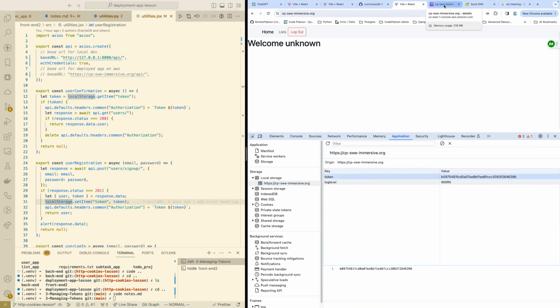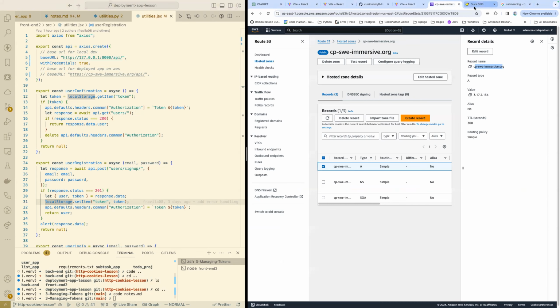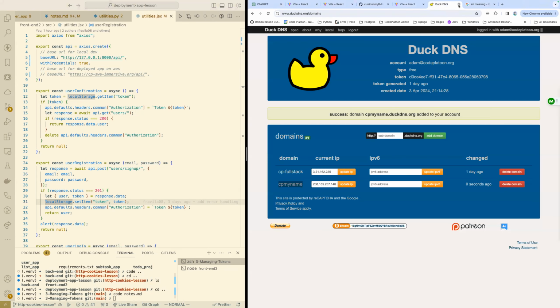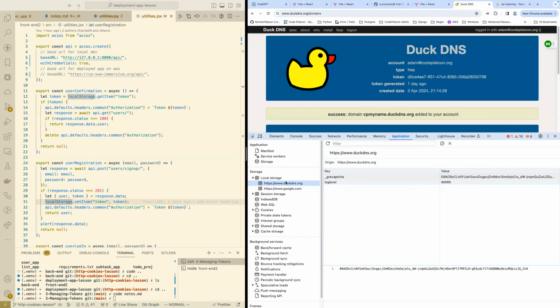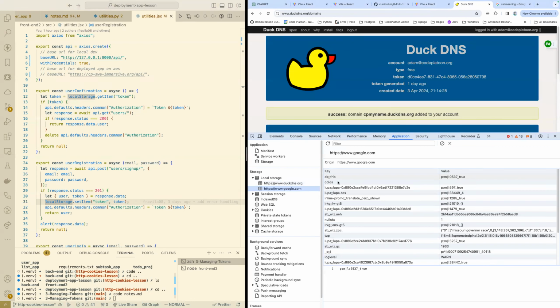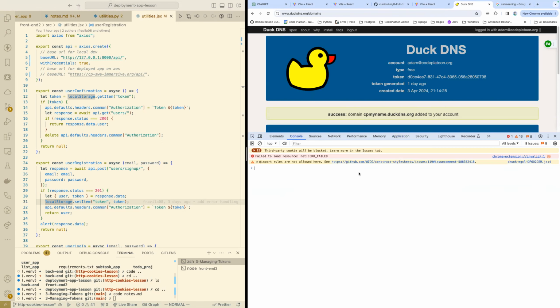Like if I go to some other tab, for example, I think I'll close the AWS one out, just like over here on the DuckDNS site, in some other tab, if I go to application and I look at local storage, I do not see that same token in here. The browser enforces that level of security. So if some JavaScript was running maliciously from the DuckDNS site and tried to do local storage.get token,